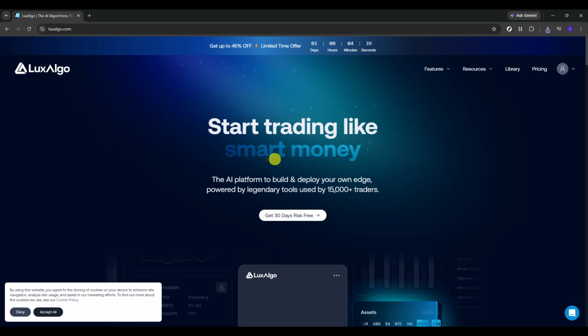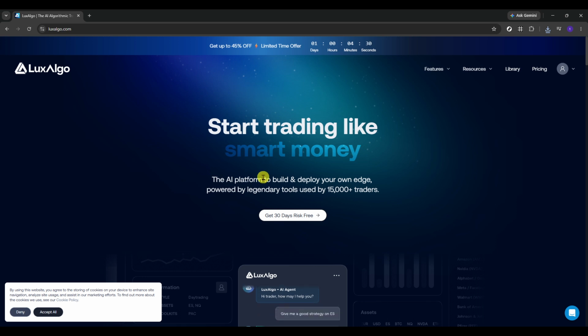Hello, today we will guide you through how to use Liquidity Swing Indicator by LuxAlgo. To begin, open the LuxAlgo website in your browser. This is where you'll access the platform and find the indicator in their library. Once the page loads, take a moment to get oriented with the layout so it's easier to follow the next